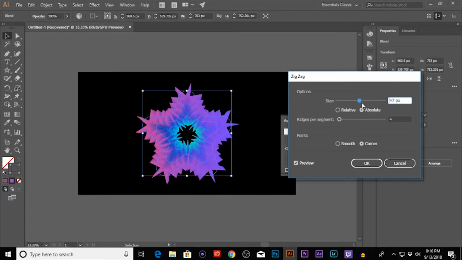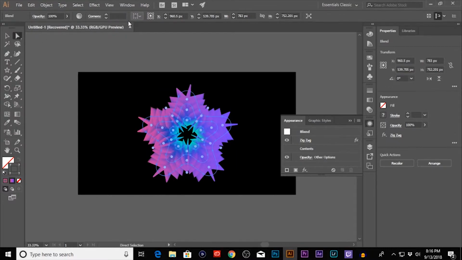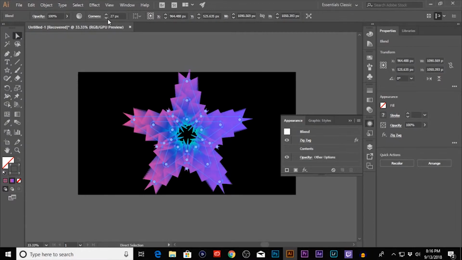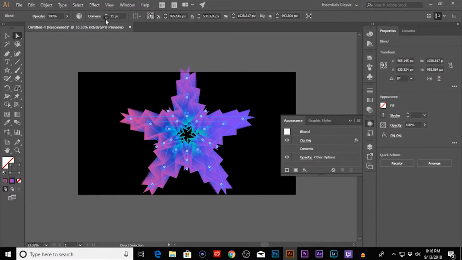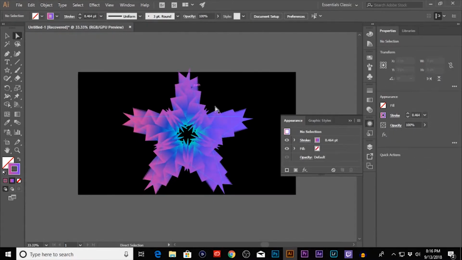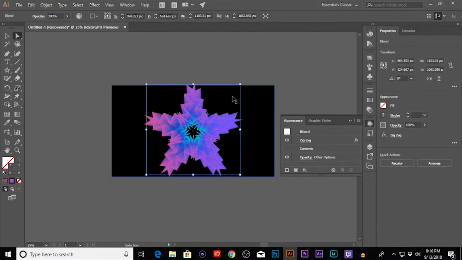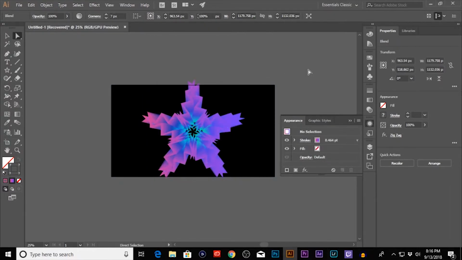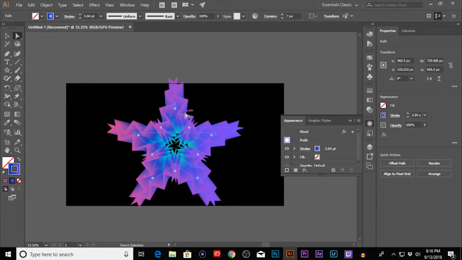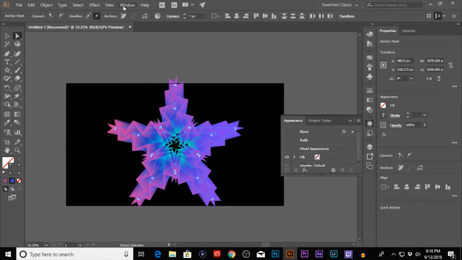And we could just stick with this, change the corners, right? So if we go back to the direct selection tool, corners tool is right here. If you change this up, it'll actually change the look of your shape as well. So that's what we had it on. If you want to go more like this, you can. It's basically just something you guys can mess around with and use and just make some really cool stuff, right? It could go with something like this, and then we could go back to that